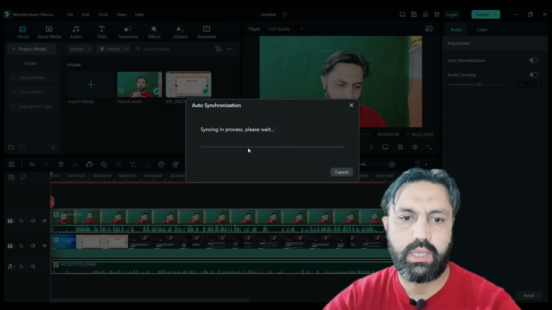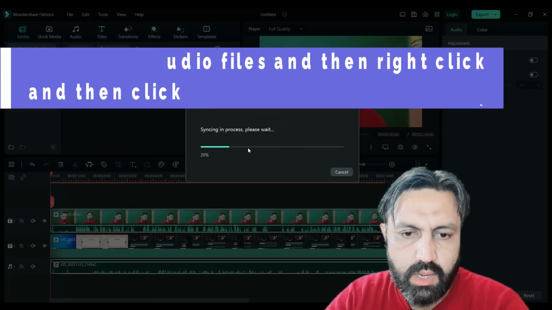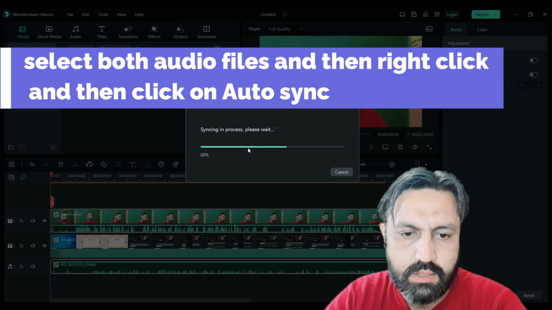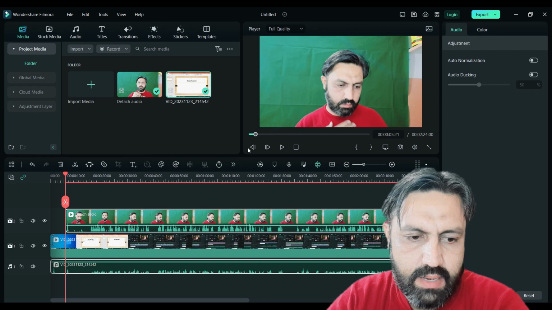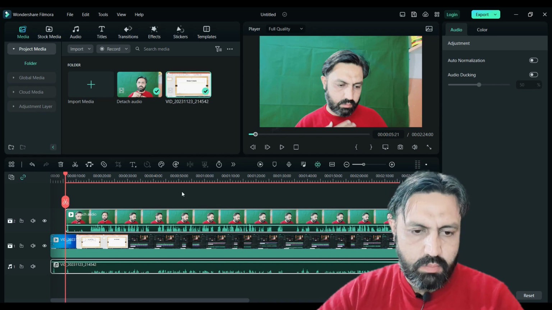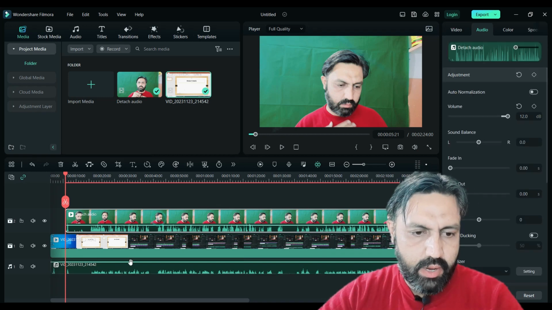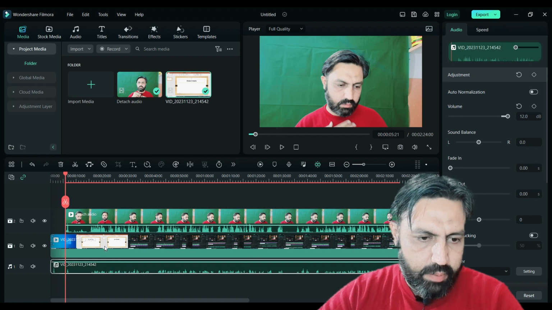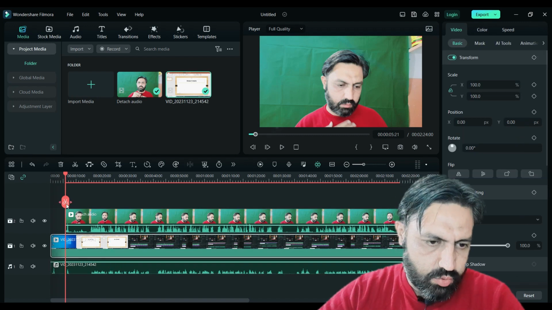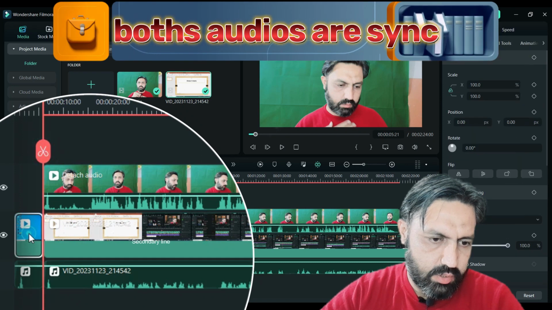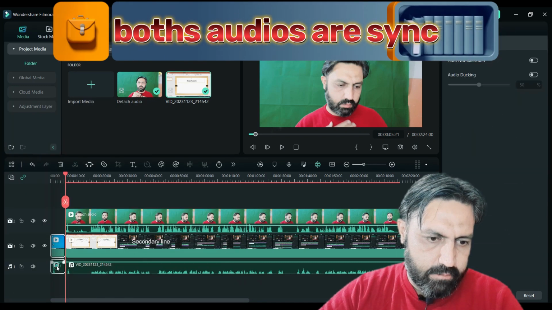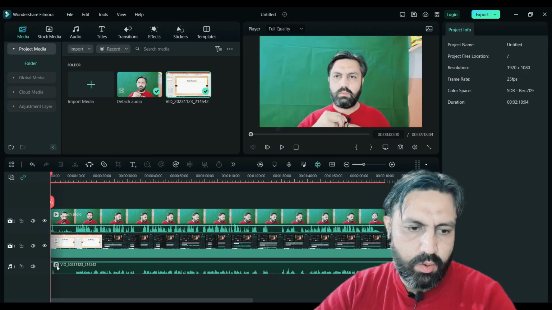And the auto sync is process and it takes some time, right? Minimum 5 to 10 seconds depending on your file size. So my video audio and my screen recorder audio will be resized, right? So from this area I will trim it, right? So this part I trim it. Now I play it